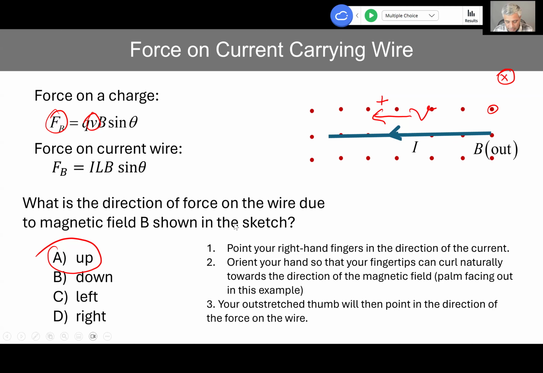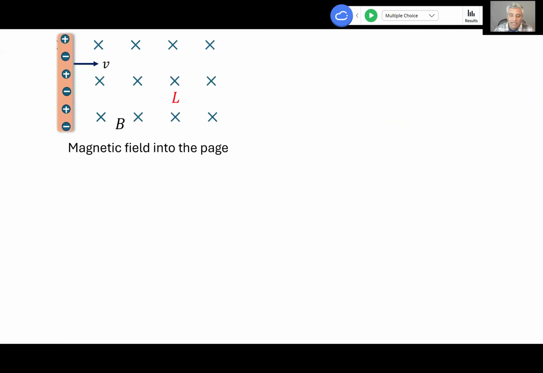Okay, so that is force on current and force on the wire, and how to find value in direction. If numbers are given, I'm sure you can just plug in numbers and find the value. And finding direction, for that you need your right hand. Okay. So now,